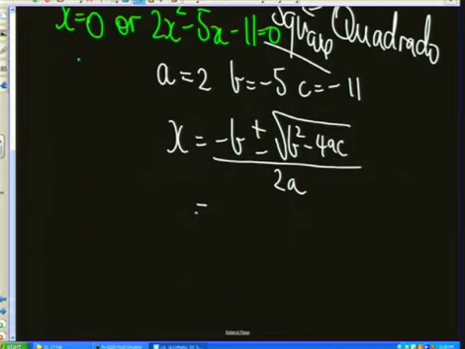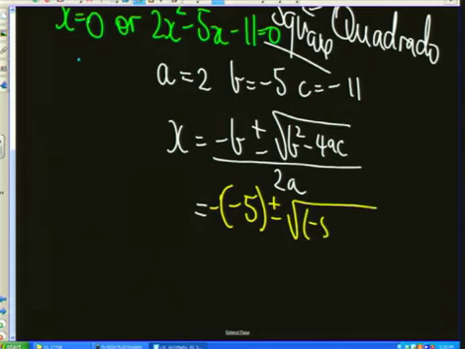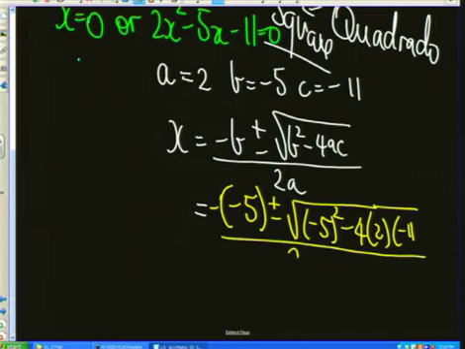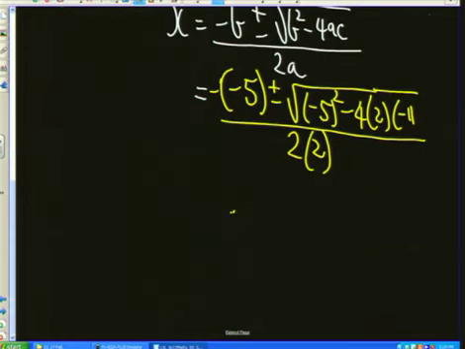And now we can substitute. B is negative 5, in other words, we've got a negative 5 squared minus 4 times a, which is now 2, and the c, which is negative 11. And we're dividing that by 2 times 2. So all I've done is substitute those a, b, c values into the formula, simply because I want to illustrate that if you're not sure if it's factorizable, you can go ahead and just replace the coefficients, and it gets